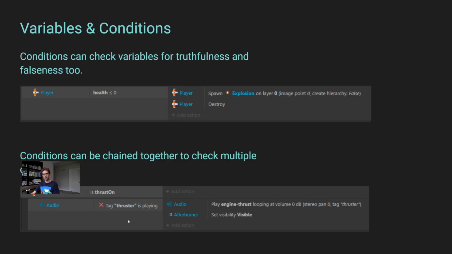So if it's on, but also if the audio is already playing something called thruster, or actually if it's not playing something called thruster because of this cross, only then is it going to go and play these actions. So let's just do that one more time. It's saying if the player's thrust is on and also the thruster audio is not playing,